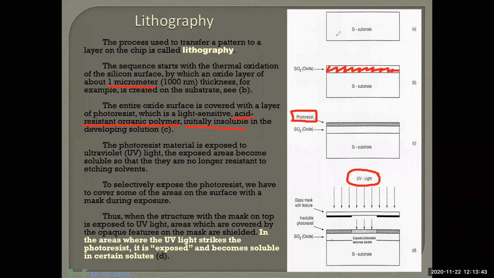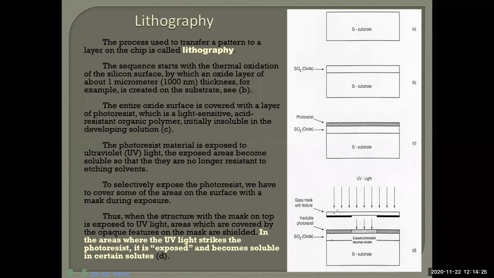Then you bring a piece of glass. Under the glass, there is our mask layout. Can you see some black lining here? That is our mask, our design that we made in our lab number 4, 5, and 6. Then you give some UV light. In some places, we have our mask layout, and there our UV light will not pass. But in some places, we do not have any mask layout, and there our UV light will pass.